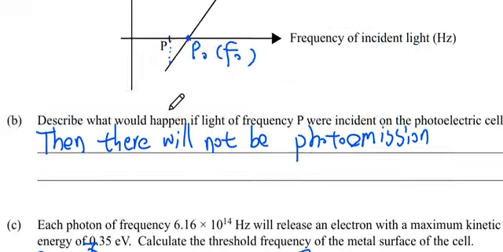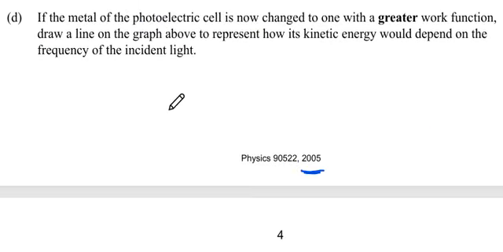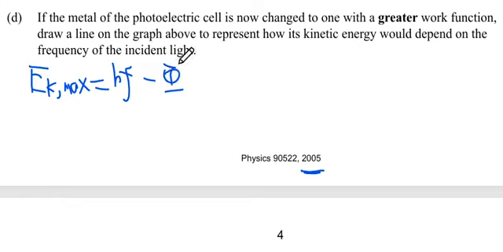We have this straight line kind of graph here. Okay, but we don't need that. We have already memorized that. If the metal has a greater work function, we know that the KE max is going to be hf minus phi, and to make sure that we have some electrons coming out of the metal, we have to make sure that this part is greater than 0. Now if your phi has increased, then your f should also be increasing to overcome this work function,